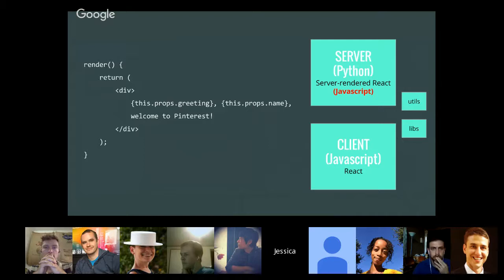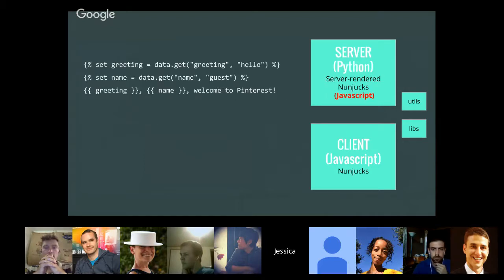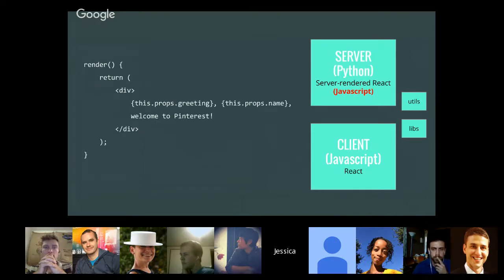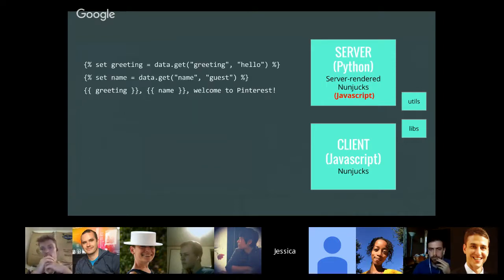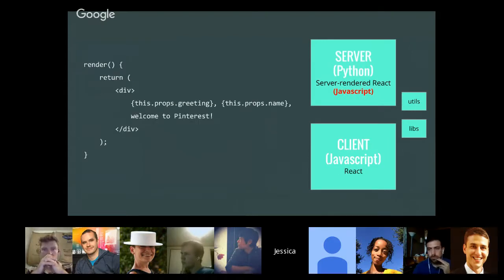So instead of going straight from Jinja to React, there's this intermediate step. Let's try to get the server to call Nunjucks instead, and then we can focus on switching out the template engine. Once the server and the client are using the same engine, once they're both using Nunjucks, it'll be much easier to change both of them out for React. So that made a lot of sense.